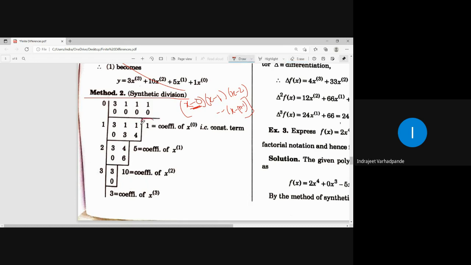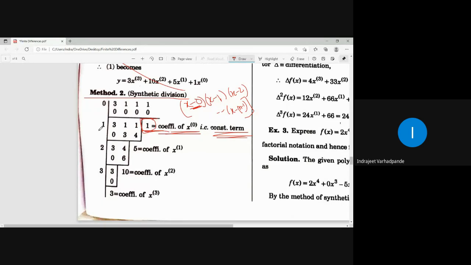Now the last term will always be considered the remainder, and that should be cut off from our second row for consideration by the new factor. So this last term, which is called the remainder, is nothing but the constant term, or I can say it is the coefficient of x to the power 0 factorial. So this part is over. This has now been cut off from our row.